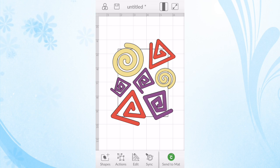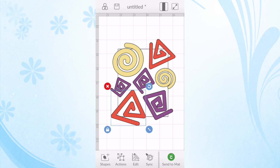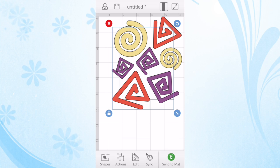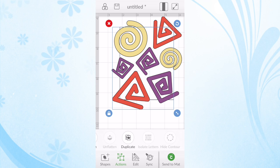Okay, now I think I'm ready. And now I have all these little extra pieces hanging over the edge, so I need to select the object, and probably zoom in to make this a little easier, and select the background. So now I've got that one red triangle selected and my square in the background, and I can go to Actions,